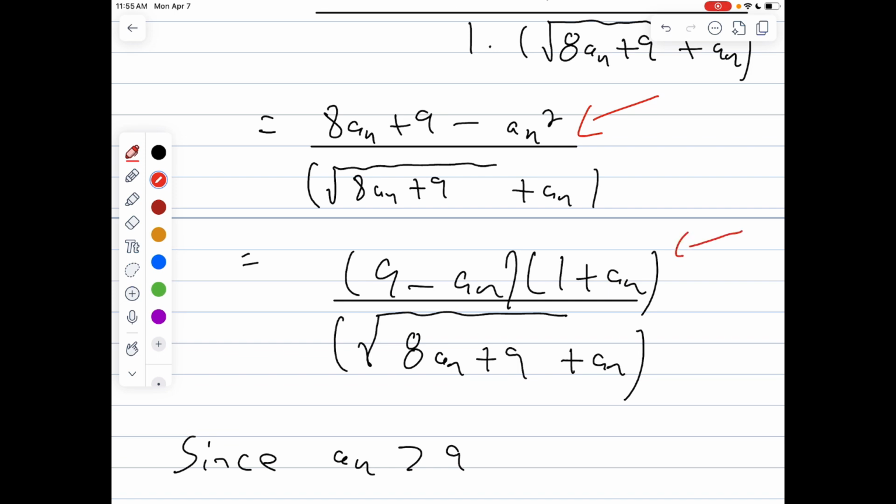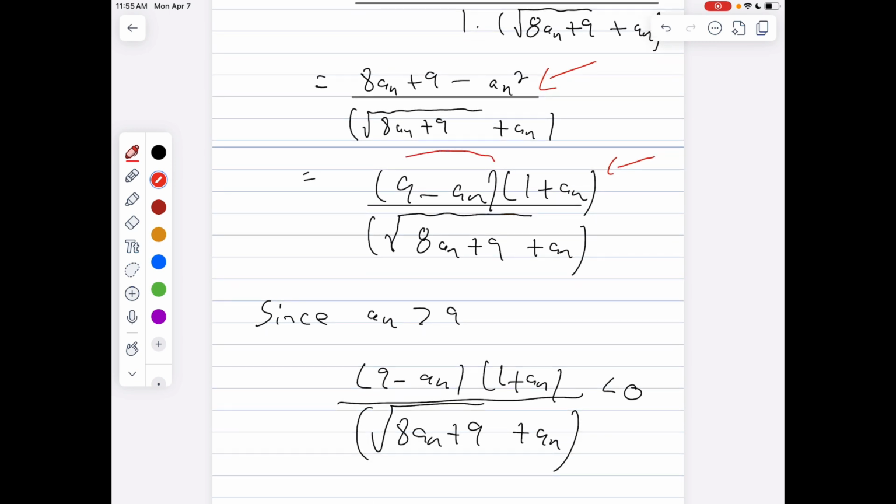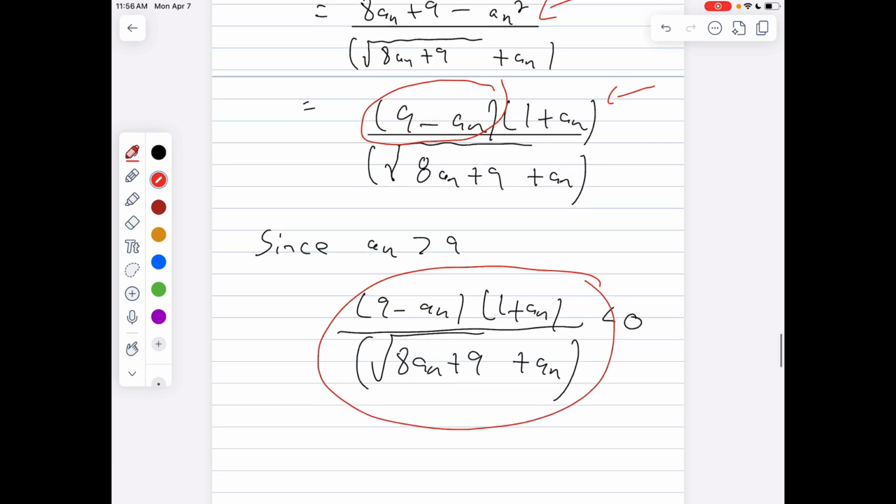We have the expression 9 minus a sub n times the expression 1 plus a sub n, all over the square root of 8 a sub n plus 9, plus a sub n. I want us to concentrate on the numerator for a second. In part one, we proved that a sub n is greater than 9. So therefore, 9 minus a sub n is going to be less than 0. Yeah, because if you have terms that are bigger than 9, if you subtract them from 9, they're going to be negative. So this whole expression is going to be less than 0,